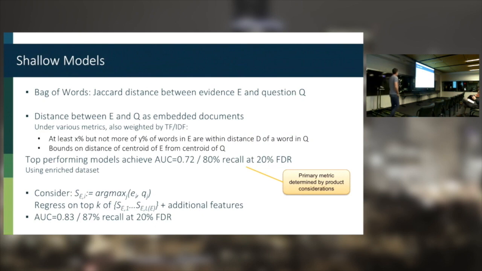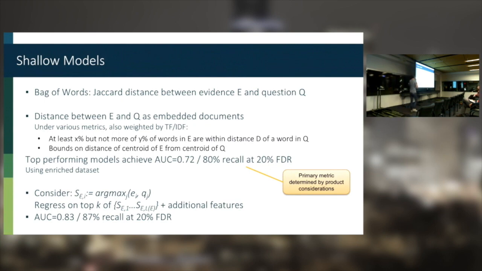So we start with some baselines, kind of a bag of words approach. You take the question, you take the evidence, look at the Jaccard distance between them. It's a nice thing that these days you can talk about word embeddings and embedded documents as part of your shallow or strawman models, right? So you could think about, I take my question, here we trained on a clinical corpus that comes from WebMD or something like that. You embed the questions, you look at the question as embedded words, at the evidence as embedded words, and you can think about, well, let's look at how far the centroids of the questions and the evidence are from each other.